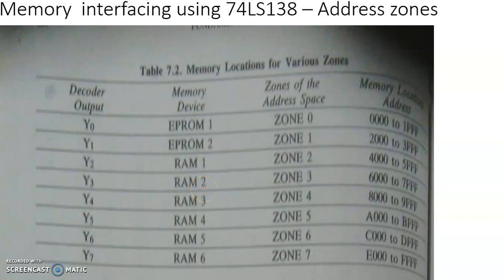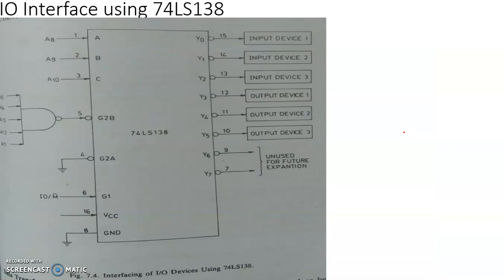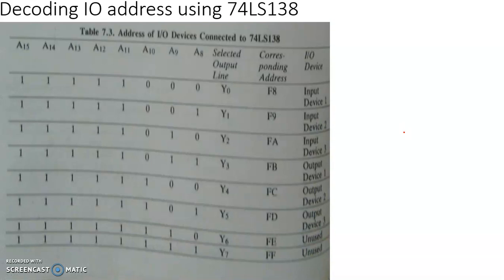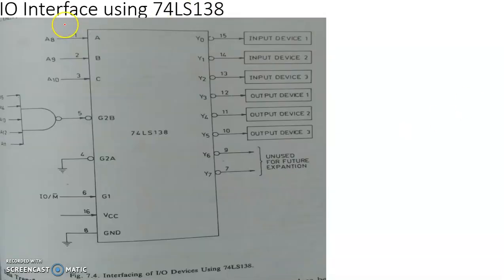So this is how different address zones are being selected with the help of decoder 74LS138. Now within an address zone, with the aid of further decoders, further address division is possible, and in the end, using a comparator, you will be able to select one out of two decoders. This is exactly how address is being sent, or the actual act of addressing of a memory location is being performed.